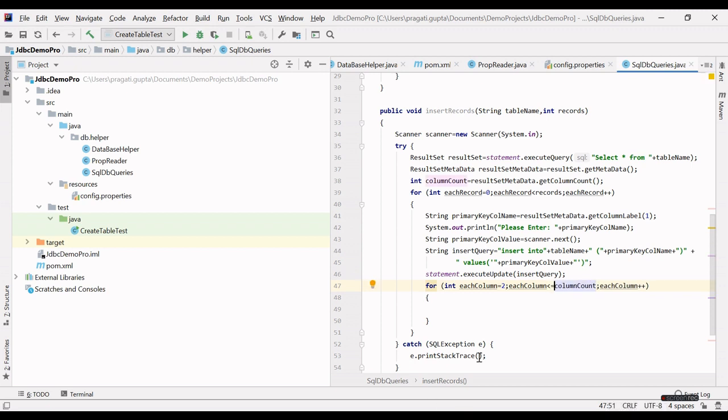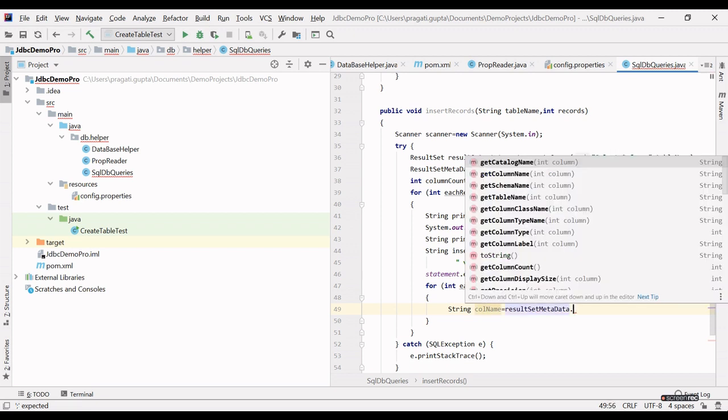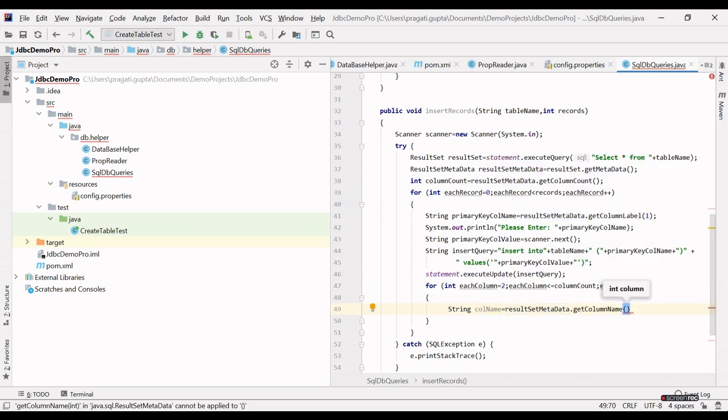And this, I will get the column name. I will get each column name. We can use this as well, get column name, and here we will provide each column.